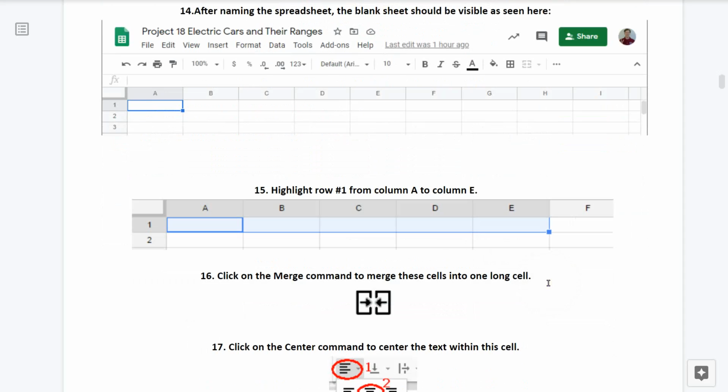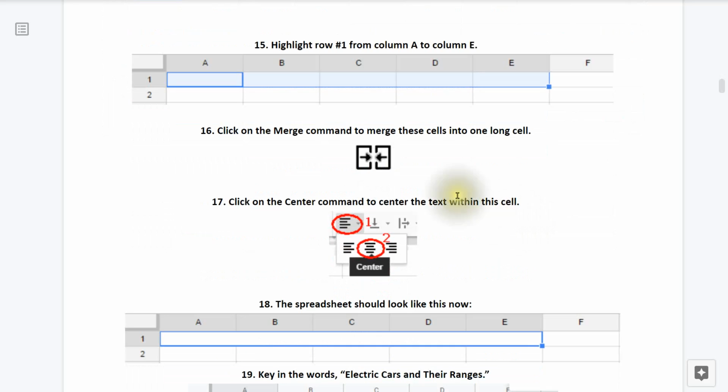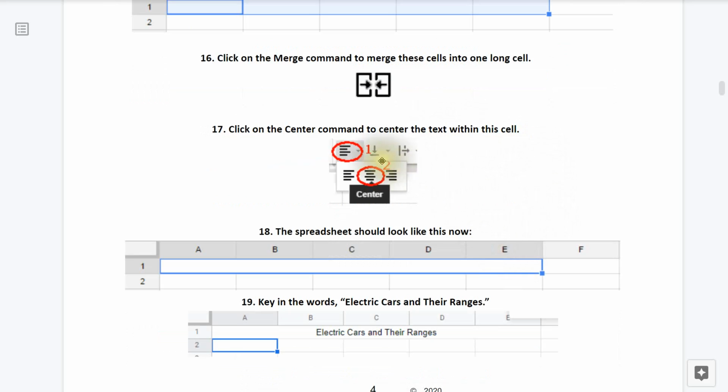Number 15, take your mouse and highlight row number 1 from column A to column E. 16, now click on the Merge command to merge these cells into one long cell. 17, click on the Center command to center the text within this cell.